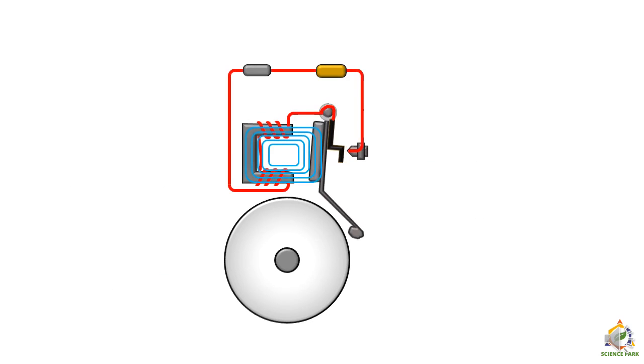Right? Friends, when electric current starts to flow through the circuit, the electromagnet attracts the iron strip towards itself, and in this process the striker hits the bell. And now as you can see, the circuit is open, there is no contact between the contact screw and the iron strip, and then the iron strip again goes back to its normal position and this process repeats.